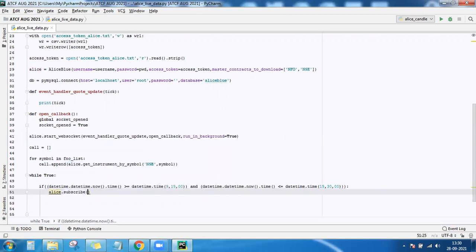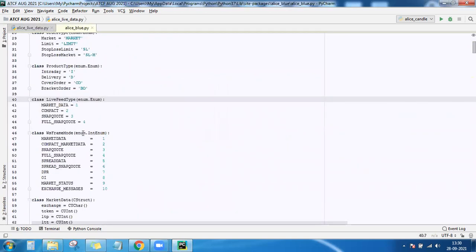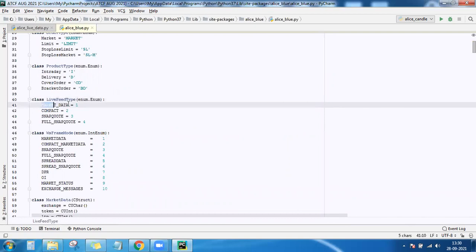Alice.subscribe, whatever call list that you have, you just call it. And you also should tell about how your live feed should look. Should it contain all the market depth, or only the last traded price? You have several types in this live feed data type. One is the market data, which we are using.